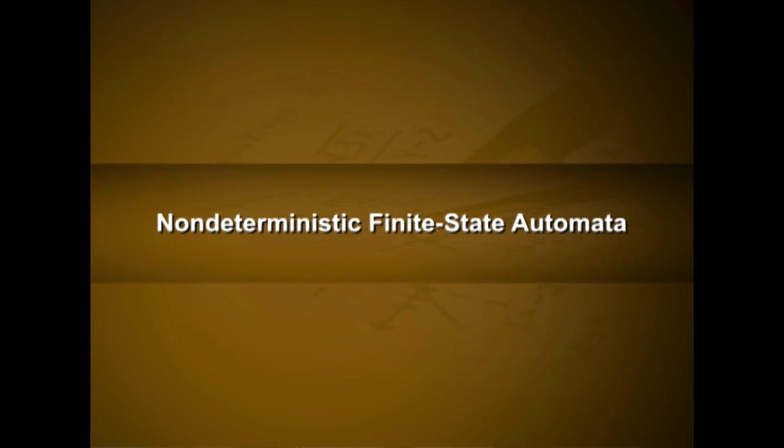So, moving on to non-deterministic finite state automata. The finite state automata discussed so far are deterministic because for each pair of state and input value, there is a unique next state given by the transition function. There is another important type of finite state automaton in which there may be several possible next states for each pair of input value and state. Such machines are called non-deterministic. Non-deterministic finite state automata are important in determining which languages can be recognized by a finite state automaton.